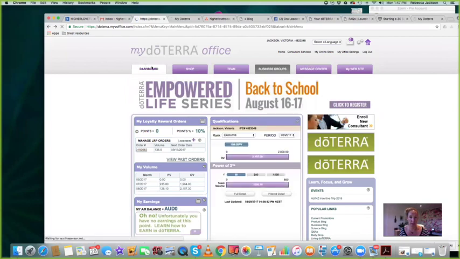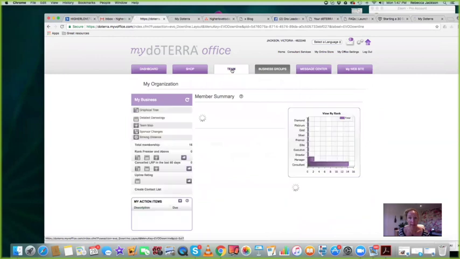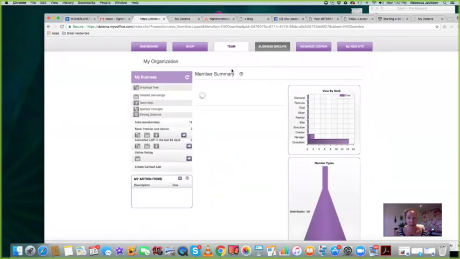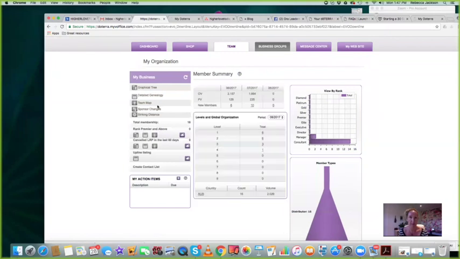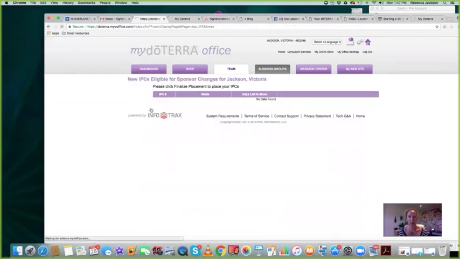So the other thing I wanted to talk to you about today, or share with you more to the point, is how do we move people? So it's under team, my business, and if you come down here to sponsor changes, you can then move people. There's no one to move here right now, but what it will look like is you'll have their number, their name, how many days you've got to move. So you only get 12 days to move them, and you'll then click it to say move, and you'll have to do that movement there. But it is under team,